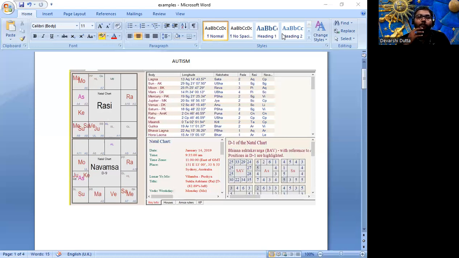It was 9:35 a.m. So 9:35 is pada 2. But if we make it 9:40, it is pada 3. In fact, 9:36, within 1 minute, it is changing. So you see from Lagna, if you look at the degree, it is not 29. So for this kind of Sandhi effects, you have to be very good at degrees. You have to understand when a particular degree gets over, when a new nakshatra starts. You have to have it by heart.